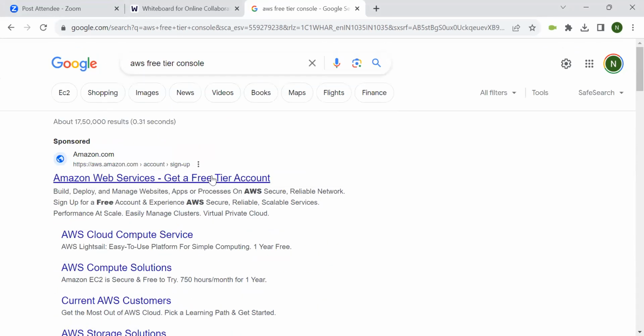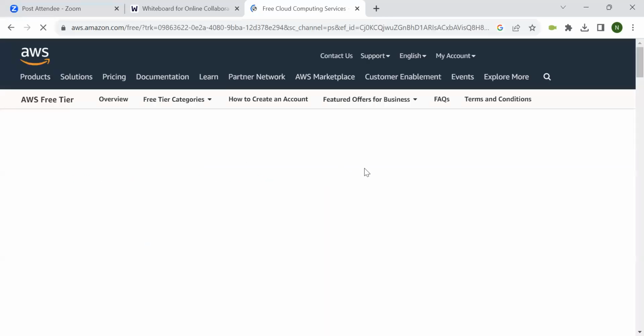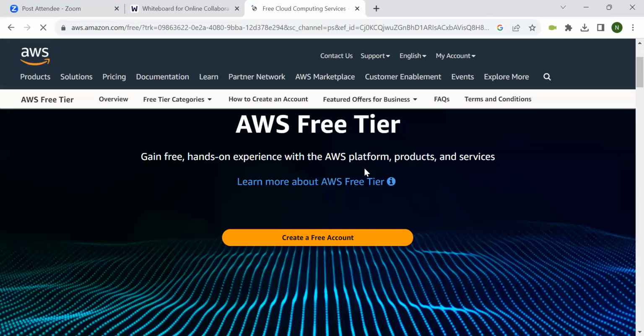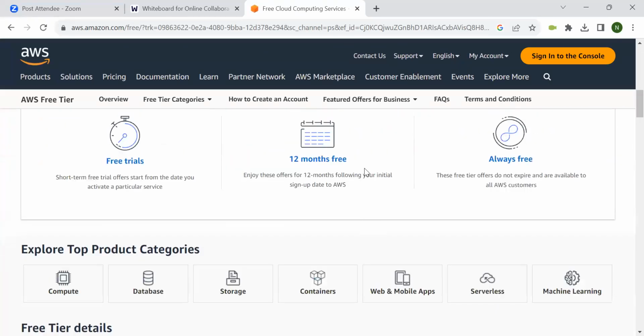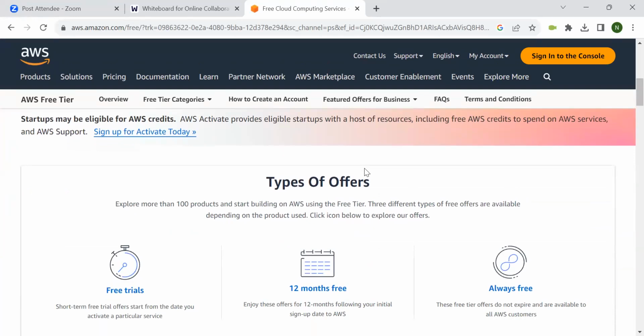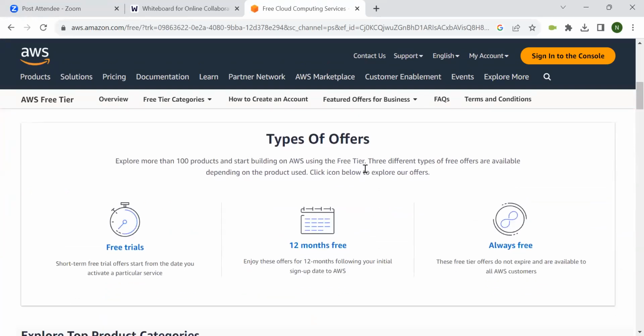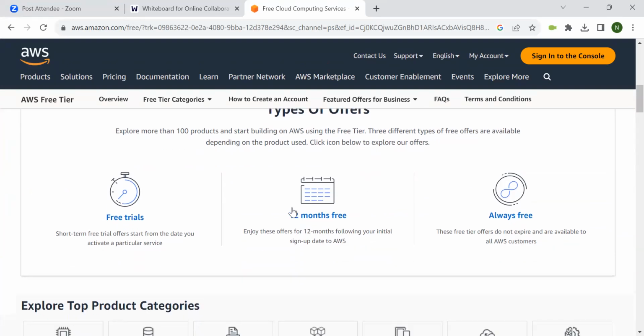Okay, so when you are getting a free tier account, I'm just skipping since you guys already have an account here. You just need to know the basics. AWS is offering free tier services, and for most of the services you just need to be aware of the free tier eligibility. Totally, you can use your email or the free tier account only for 12 months.